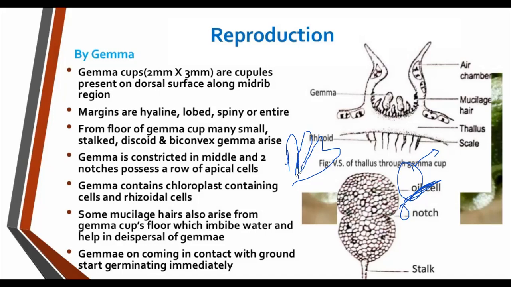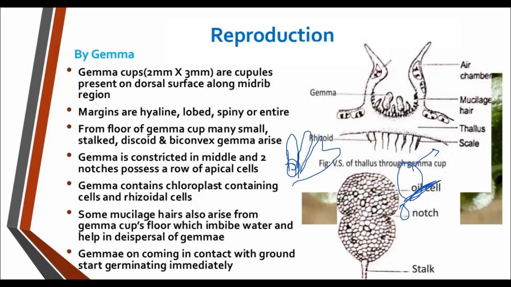Okay, so on this midrib they develop a cup-like structure. It is nothing but the same tissue of the thallus which develops into cup-like structures. Even these cup-like structures have different parts. It is the same as the VS of the thallus. So when you take the cup-like structure under the microscope and view, the cup-like structure which developed is called the gemma cup. The gemma cup is also made up of 3 layers,